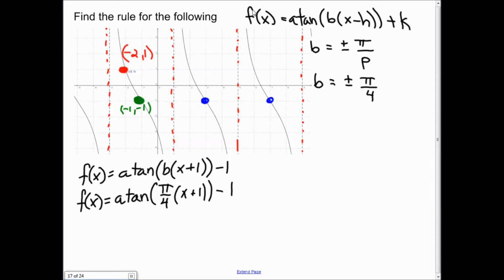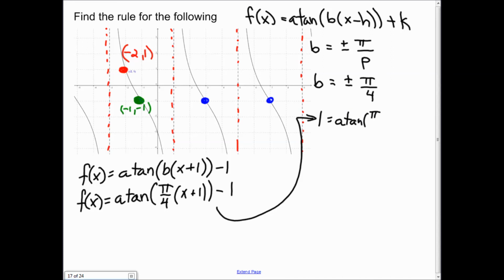And so we'll use those coordinates and plug them in to the tangential function, and we'll solve for the value of a. And so by that I mean, if we just follow that up here, we're going to write our function rule, and we're going to replace f of x and x according to (-2, 1). So that will be rewritten as 1 is equal to a tan